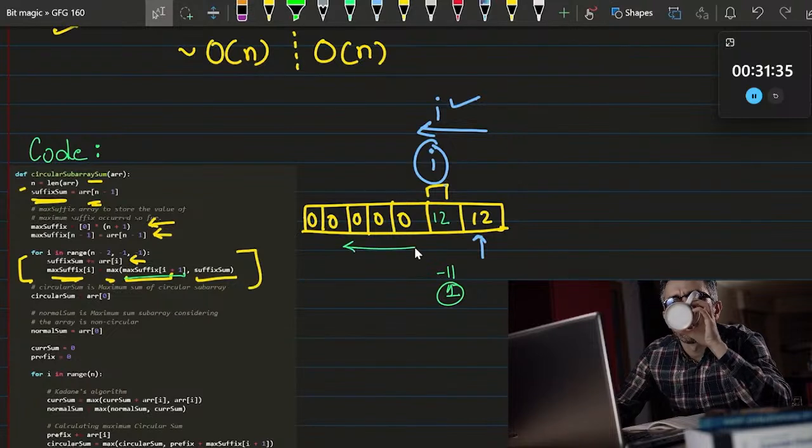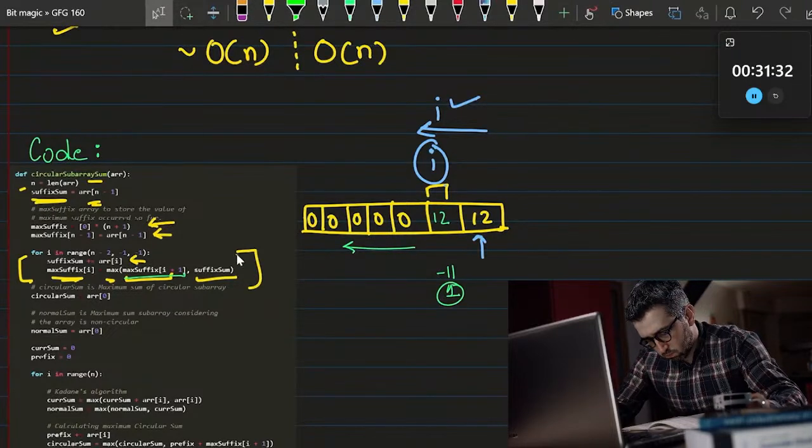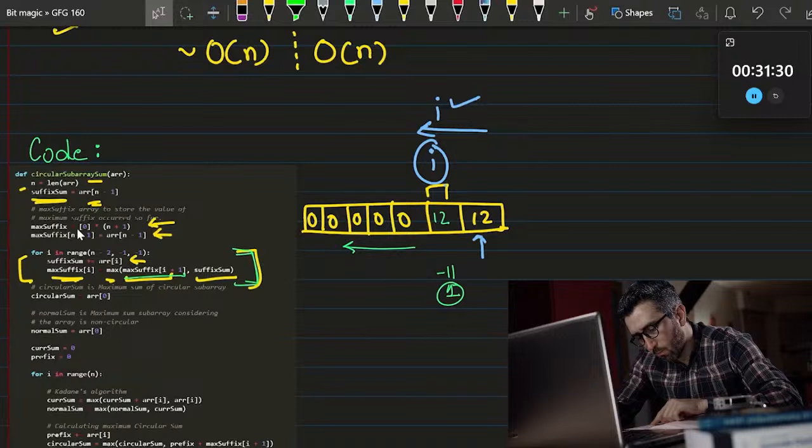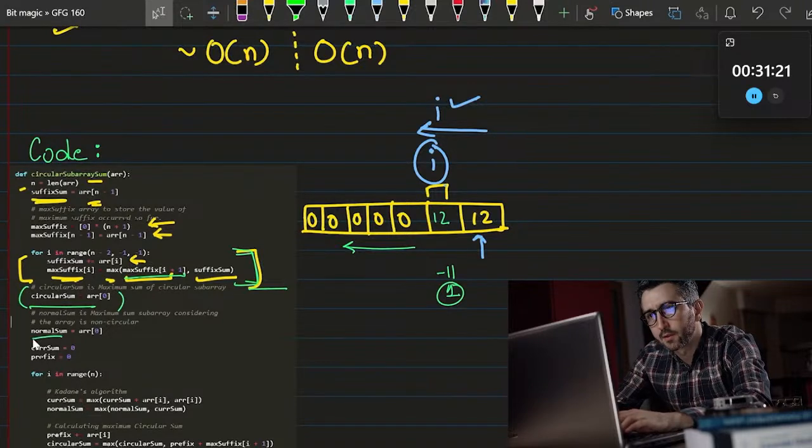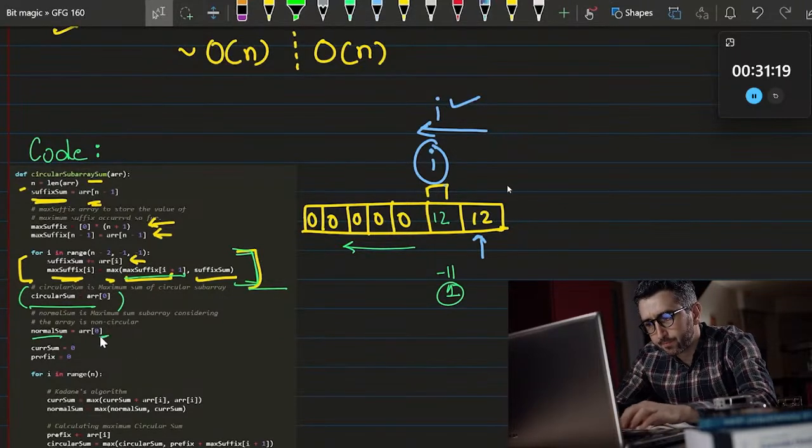And we have to keep on filling our suffix sum array. We have seen in the diagram how we do that, and this loop will be responsible for that. One part of the question is done. That means we have calculated the suffix. Now we have to move ahead to the prefix. Here I have the circular sum that I have created. This will be keeping track of my circular sum. And then I have also created a variable normal sum. We will take help of